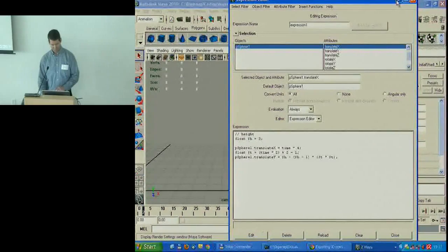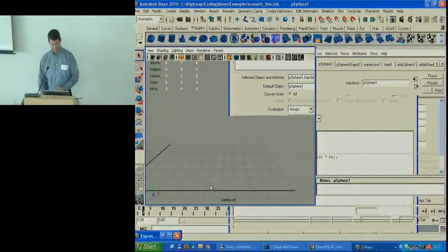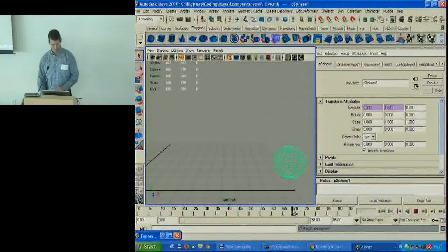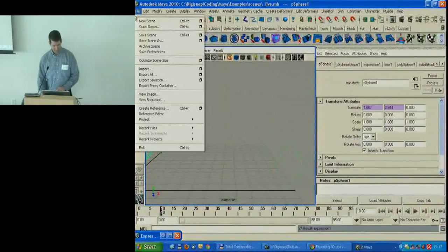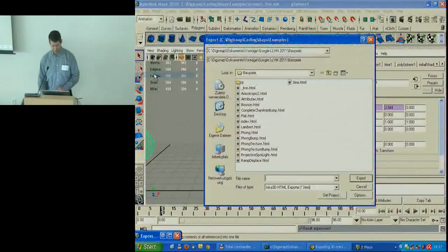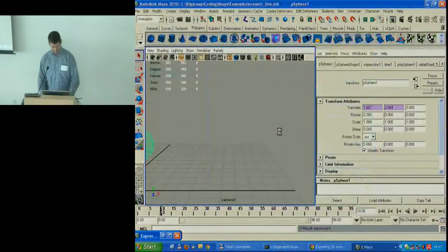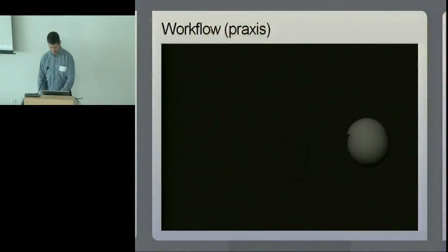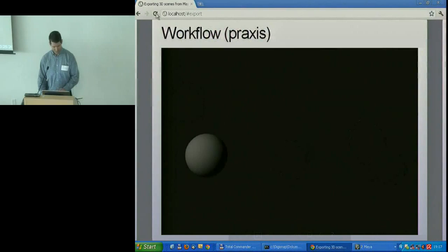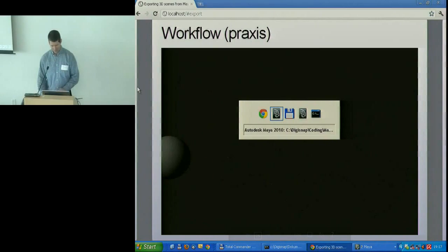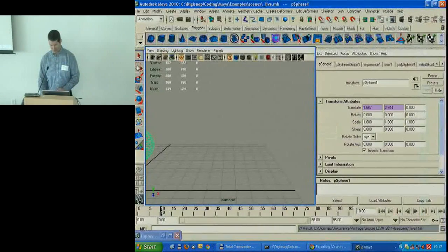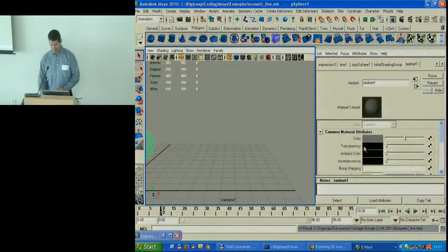and now it's like this, and we can export it, and now reload it. We have the bouncing ball like this, and for example, we can also change the color.